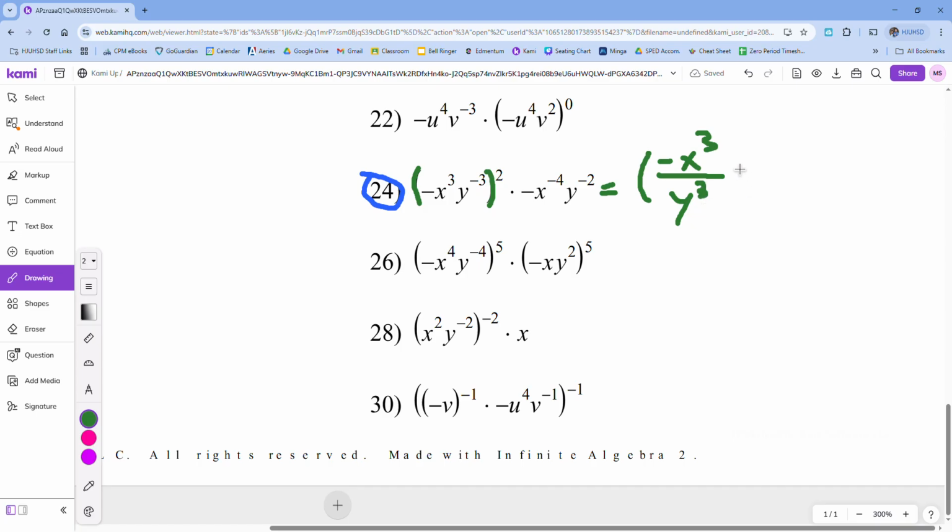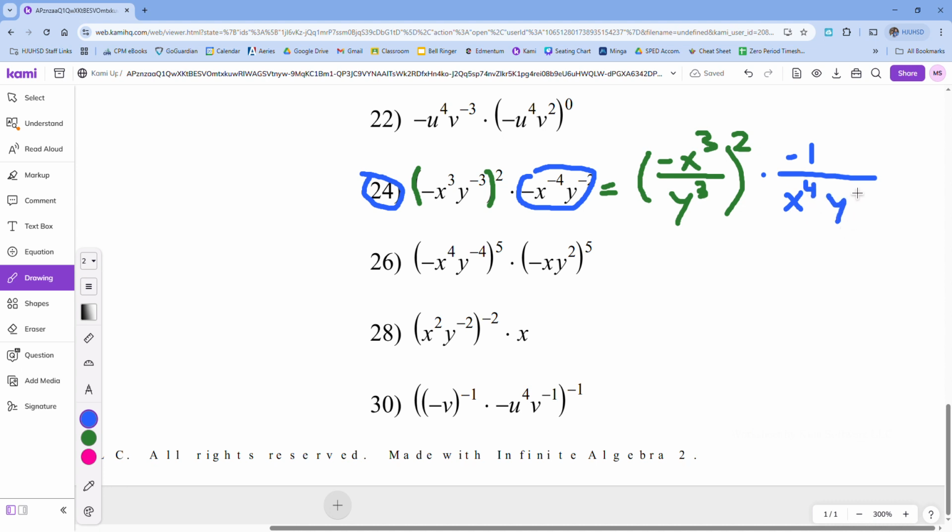Just because I don't like negative exponents, and so I want to get rid of them. And I'm just going to leave that as is for now. And similarly, I'm going to rewrite this thing here as negative. So I'm going to write -1, if you want, over x to the 4th